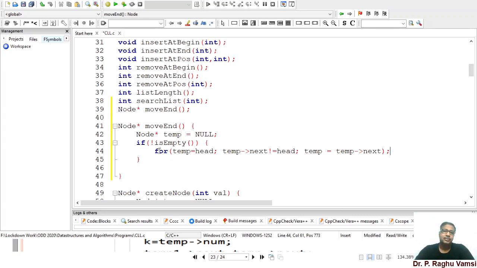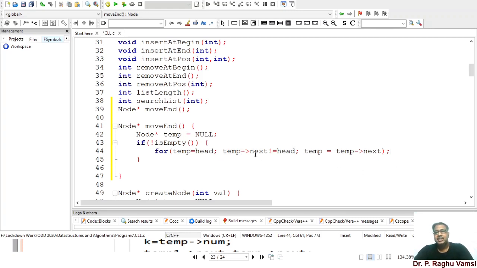Initialization, that is temp is equal to head, termination condition, temp next not equal to head, temp is equal to temp next. The iterations will perform. Since the semicolon is there, no further statements will be executed. So this for loop will execute till the condition is reached.